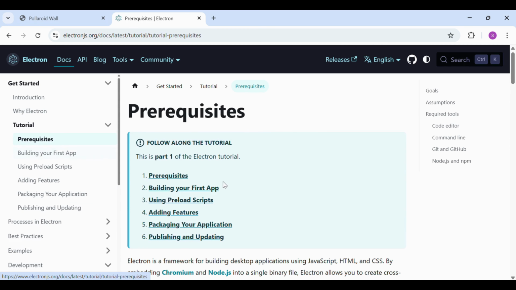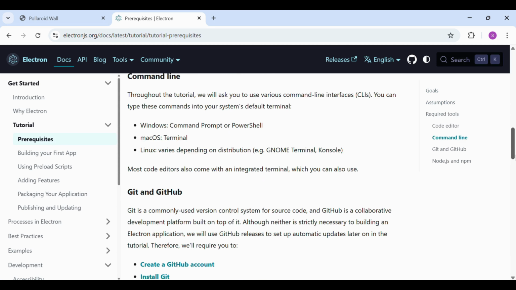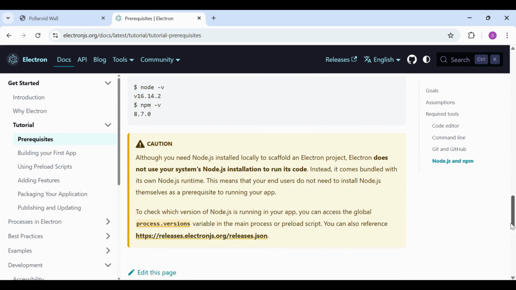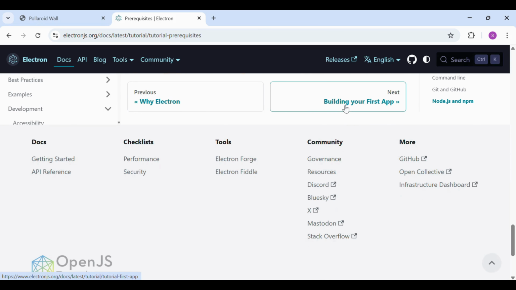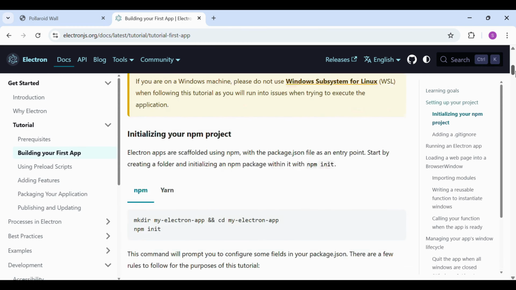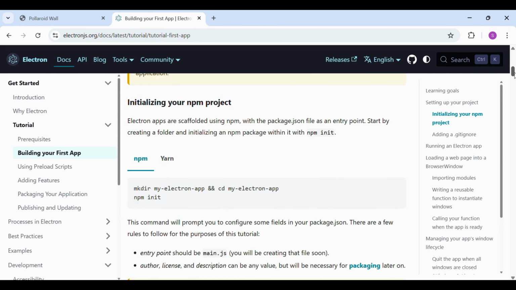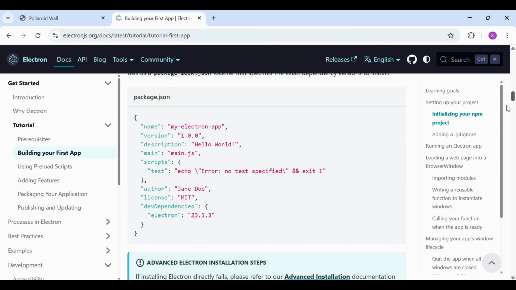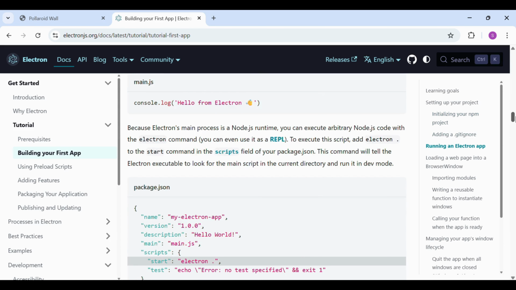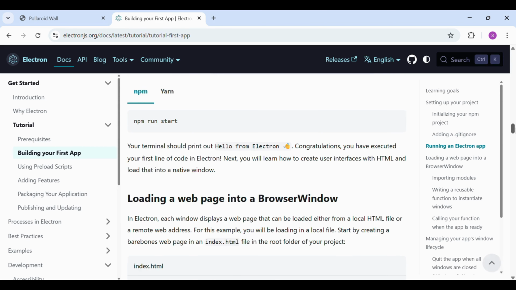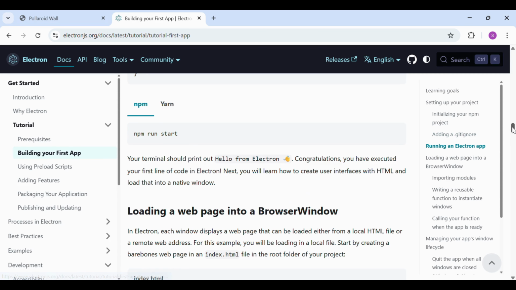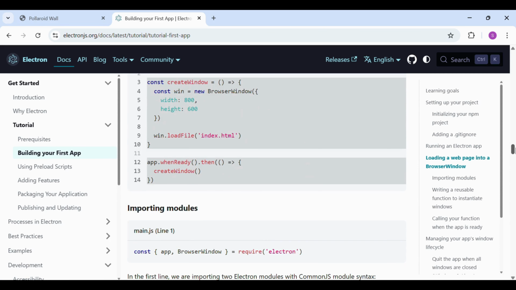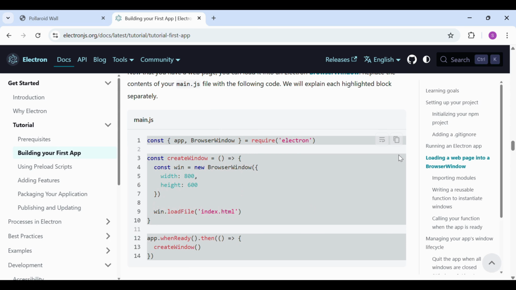As you can see, they have a pretty good documentation. Copy this main.js content,